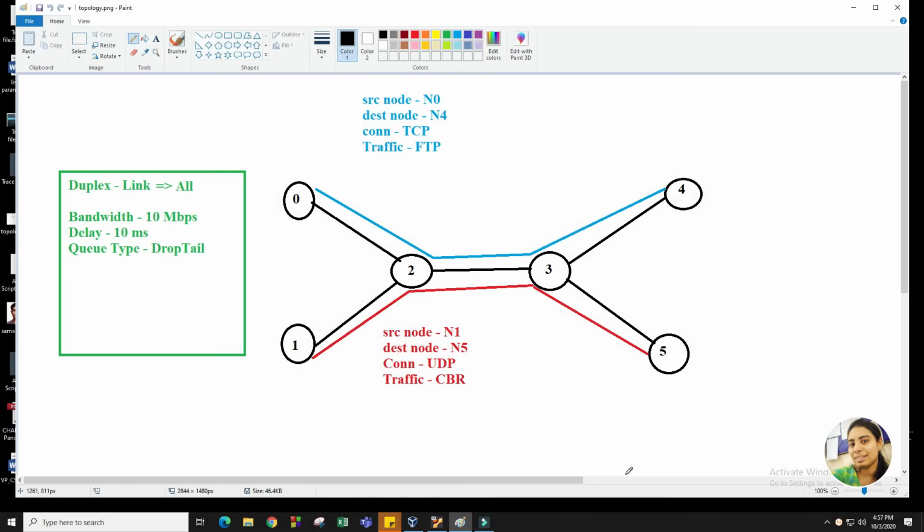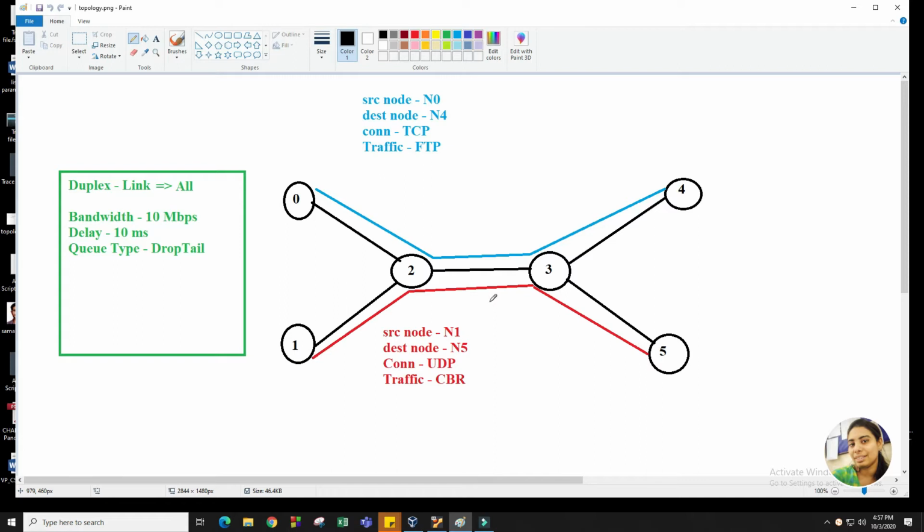Hello everyone. In the earlier session, we discussed this particular topology and created the trace file, and we also learned how to read that trace file and what it means. What is the requirement of a trace file? After that, we also learned the requirement of an AWK script, how to create an AWK script, and how to link the AWK script with our trace file in the TCL script. So we have learned all those concepts.